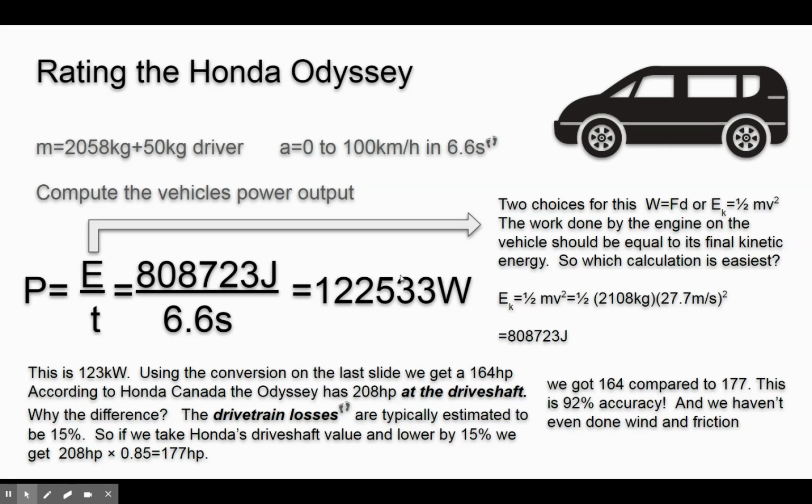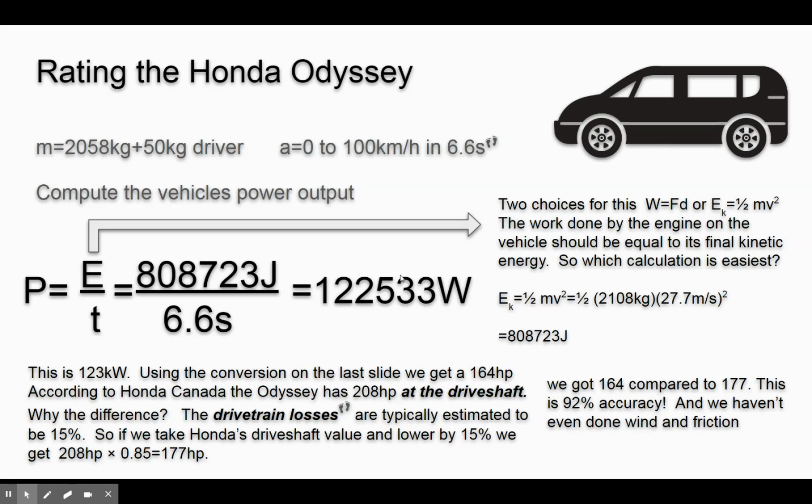When they measure the engine horsepower, they measure it directly off the motor drive shaft. When we're measuring the horsepower, we're measuring the observed behavior on the road. And between the engine and the wheels, there's a lot of mechanism. The standard rule of thumb is that you lose about 80% at the engine, and then you lose another 15% till you reach the wheels. That's a rough industry estimate.